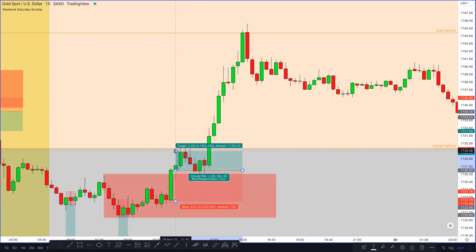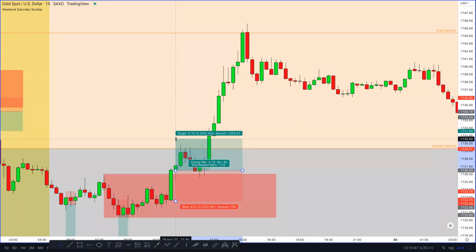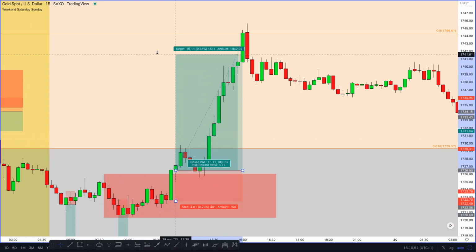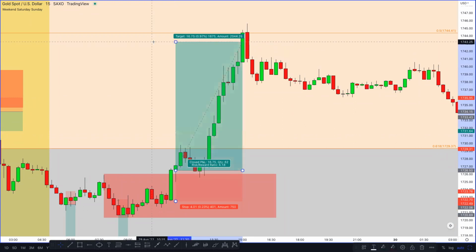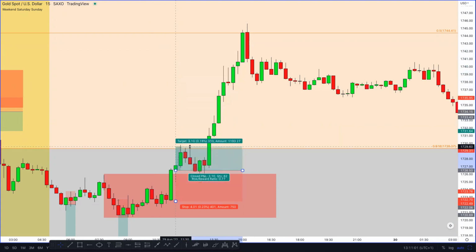Now, if we did hold this trade, if you wanted to get your 1-to-1, now you've got your 1-to-1 there. Again, if you did hold it longer, you would have got your trade here. Of course, all of this big breakout at this point being New York session open. But let's not go on with ifs, buts, and maybes, because we never knew it was going to do this fancy big move here. We don't know that. So let's just go with what we would have taken, which would have been our 25 pips from this trade.